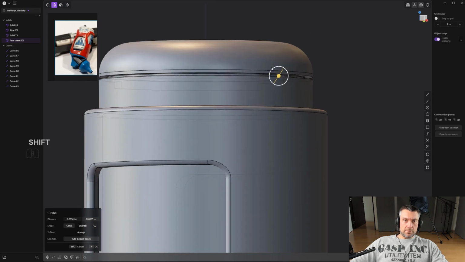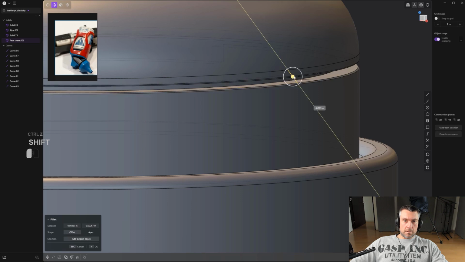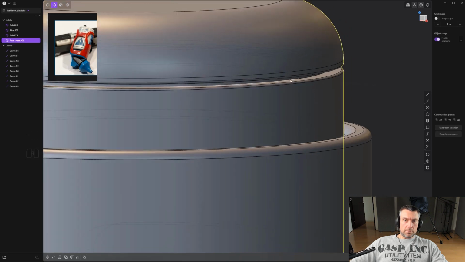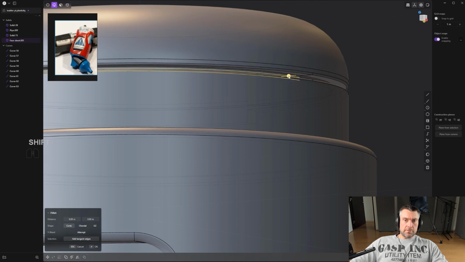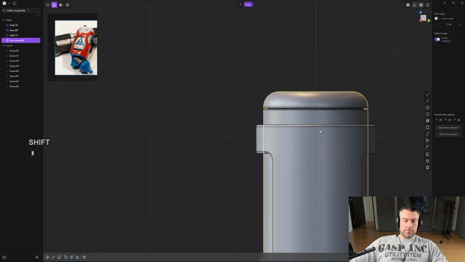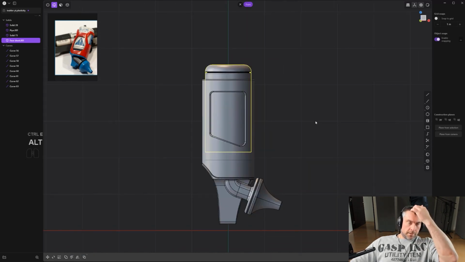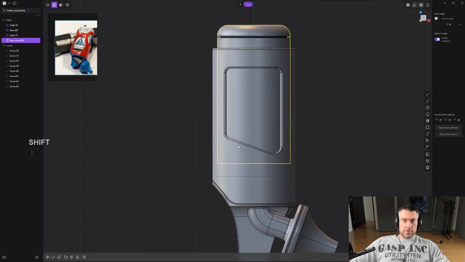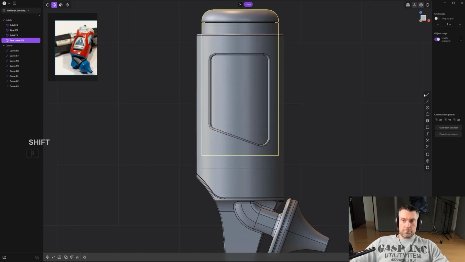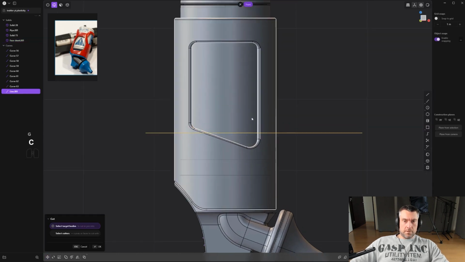And just bevel this. Hang on, let me just zoom in. There you go. Don't have to really bevel these inside, but we could. Okay, that will do. How we looking? Yeah, that's perfect. Okay, and now what we need to do, we need to kind of create a mechanism here that, you can see, is going to be pressed down. So let's just drop this down here a little bit and cut this